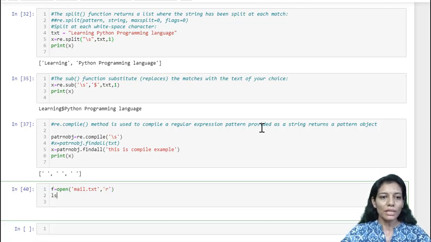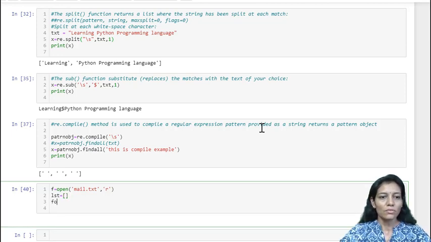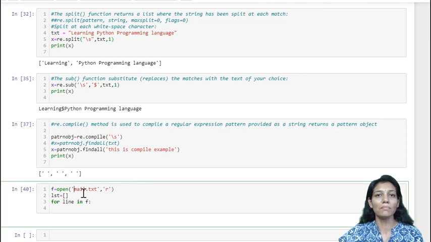Now I am going to maintain a list of all the matches, and I want to extract all the email IDs which are stored inside my text file. So for line in f, where f is the file handle returned by the open method, I use that file handle to extract one line at a time, and from that line, which is ultimately a string, I want to apply the match pattern and extract the information.